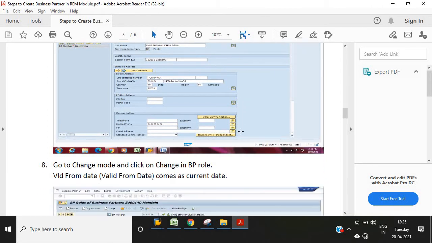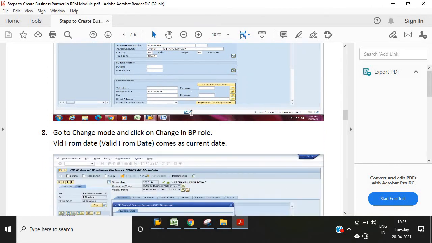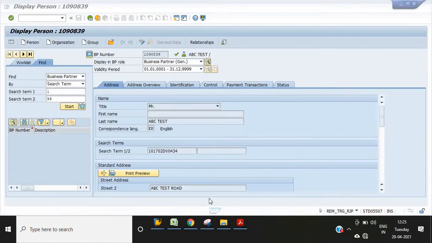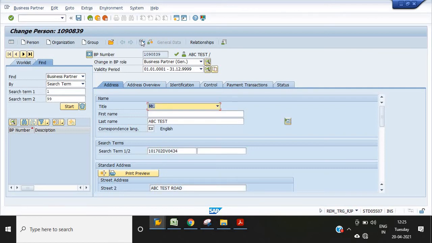The next option is to go to change mode and click on change BP role. You need to fill the validity period.